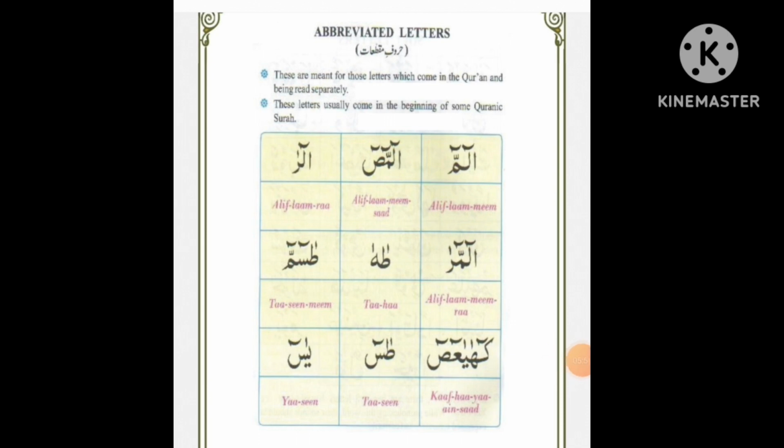Alif lam mim ra. Taha. There is no mud over the ta and there is no mud over the ha. So it is taha. Then you have to, sin,